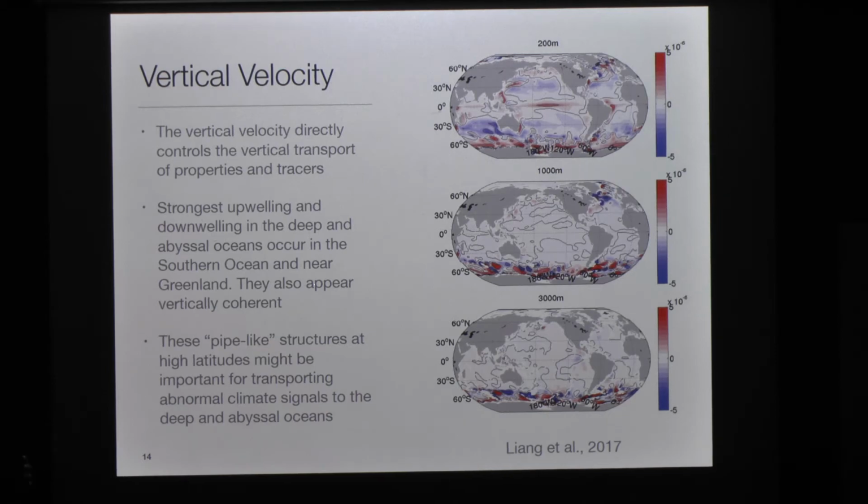So that's why a lot of paleo works attribute the long-term change of the vertical exchange to the change in the wind. Okay. One reason is this pattern is gone in that zonal